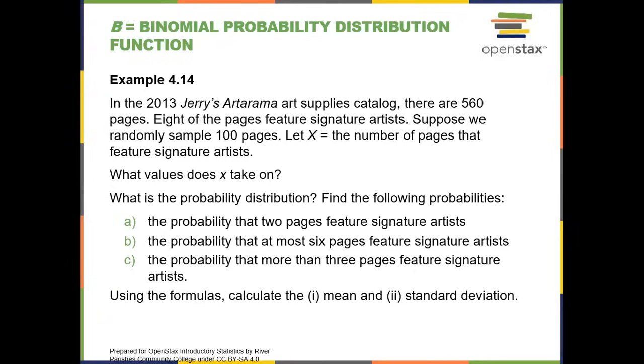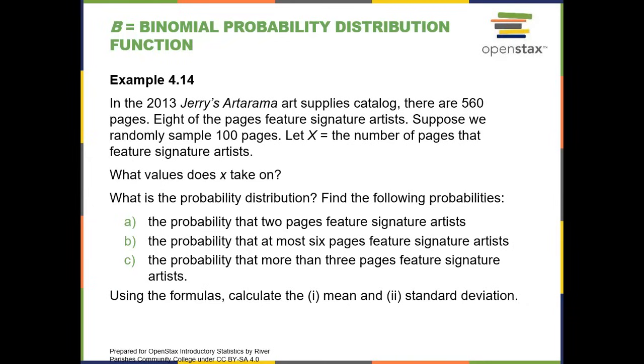Probability that more than 3 pages means from 4 up until 100. So what is the complement of that? 0 to 3. So you're interested in 4 to 100, and the complement is 0 to 3. So use the law of complement events. It's 1 minus the probability of 0 to 3. 1 is the sum of the probabilities. From that you will subtract the probability of the complement event, which is 0 to 3.